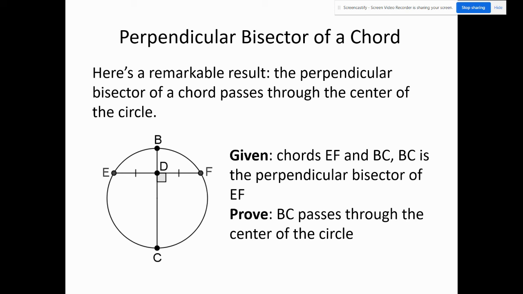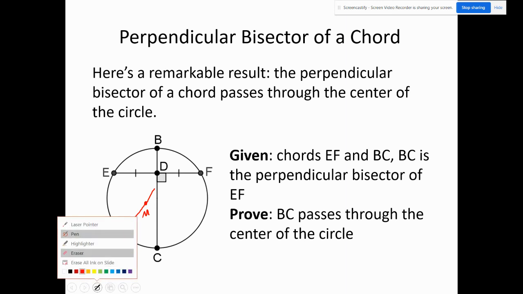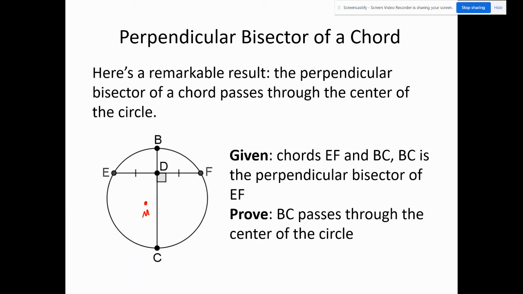We wish to prove that BC is a diameter, that is, it passes through the center. So let us assume that it does not. That is, let us assume that the center of the circle, call it M, does not lie on BC. And then let us construct a chord that goes through both M and D. That's a chord now through the center of the circle, because we assume that M is the center